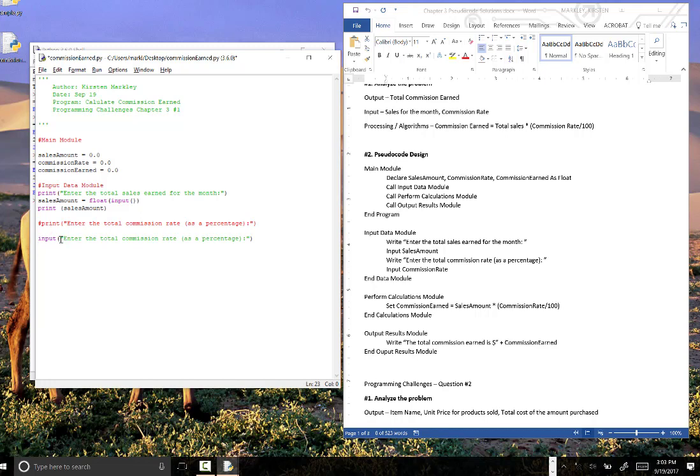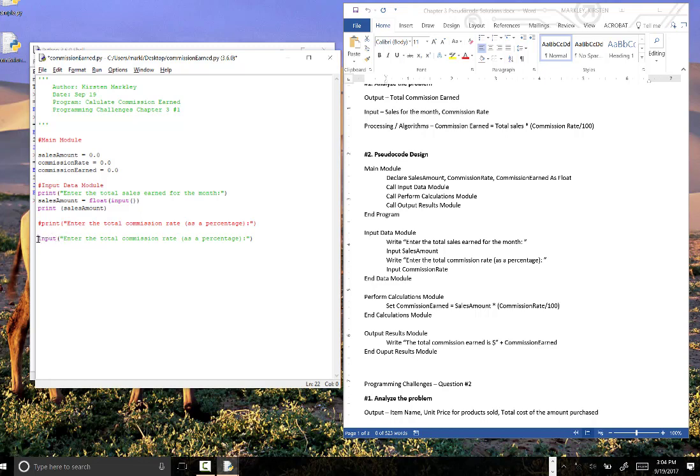So in essence, this is doing two things at once. It's printing out the prompt that we wanted to do with that print line before. So this prompt gets printed, but the input will still wait for a value to be returned. So it's doing both things at once, which is a lot quicker and easier to write than writing a print statement and then another line for input. So this line is printing out the prompt and my literal, and then it waits at the keyboard,